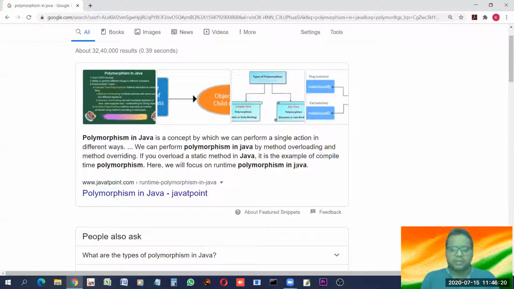What is the meaning of poly? Poly means multiple, many. Morphism means forms. So if something exists in many forms, or one thing exists in many forms, how can one thing exist in many forms, or how can one thing be used in different ways.